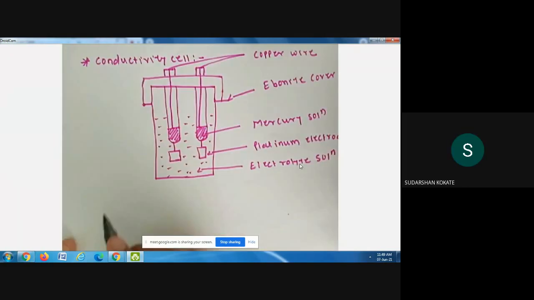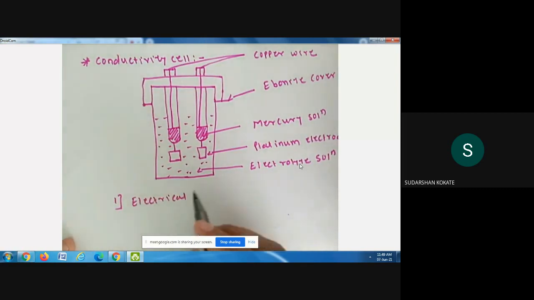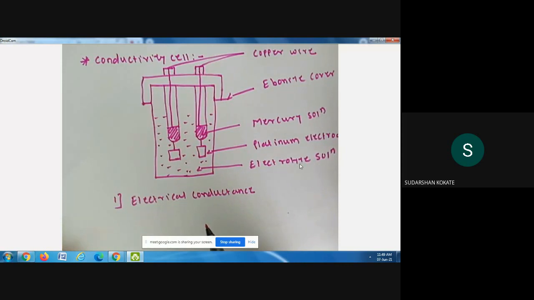Now, the conductivity cell is useful to measure your electrical conductance, right? You remember this one. This is the role of your conductivity cell. It is useful to measure the electrical conductance as a function of your concentration. Conductance is the reciprocal of resistance, right? So in a conductivity cell we can measure the resistance of the electrolyte, and it can be measured with the help of